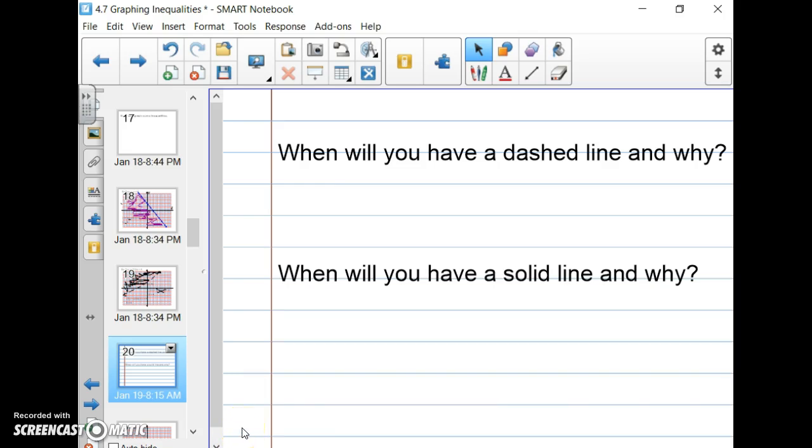Now the answer to these questions is with a when right here. The when is if you have greater than or if you have less than. And the why is because you don't include the numbers. Just like when we had a number line and it was open circle, we don't include those numbers, we don't include anything on the line. Now, this one here, the when is when you have greater than or equal to or less than or equal to. The why is because you include those numbers. When we had a number line,